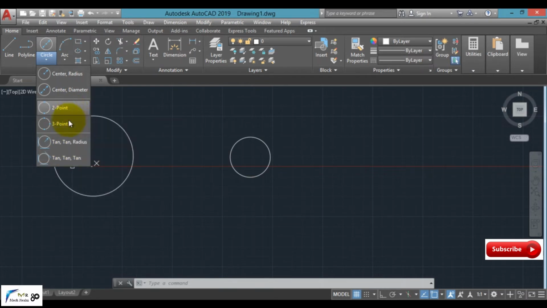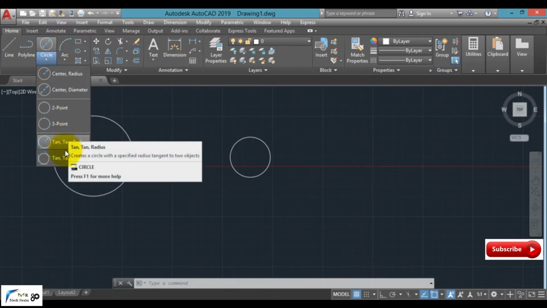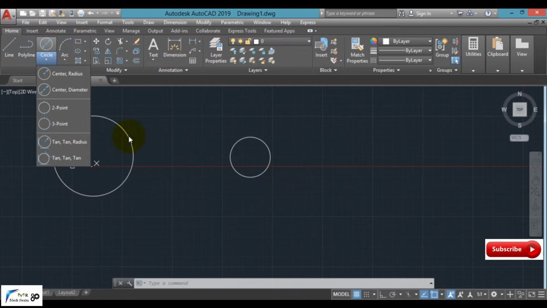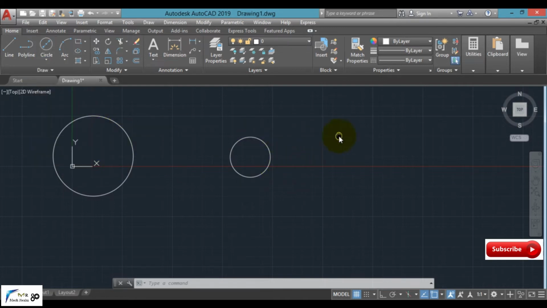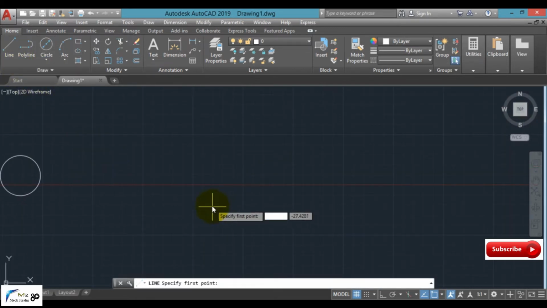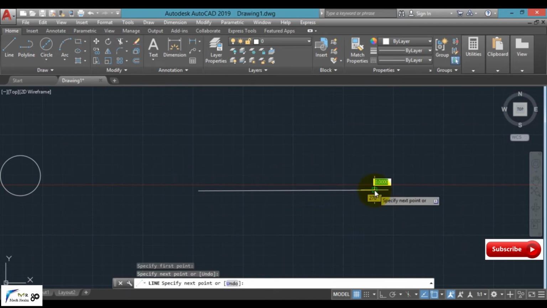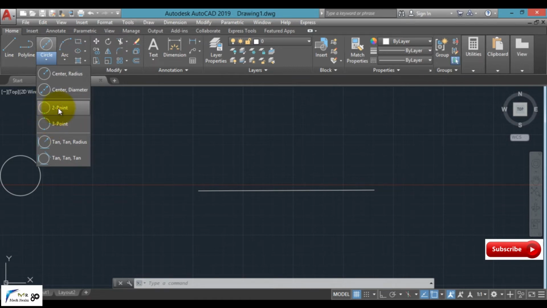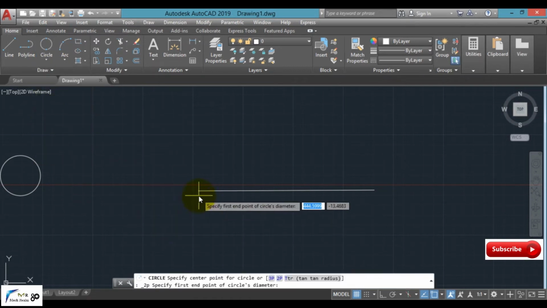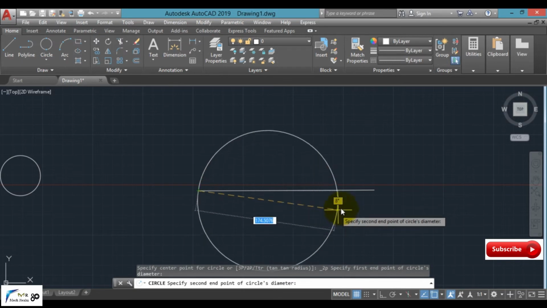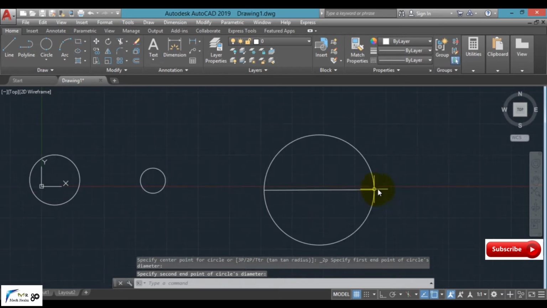Here we have 2 point, 3 point, tan tan radius, tan tan tan. Now let us see the 2 point circle. For example, we have a shape like this and we have to create a circle considering these two endpoints as a circle. So simply select 2 points: select first point, select second point, and the shape will be created.